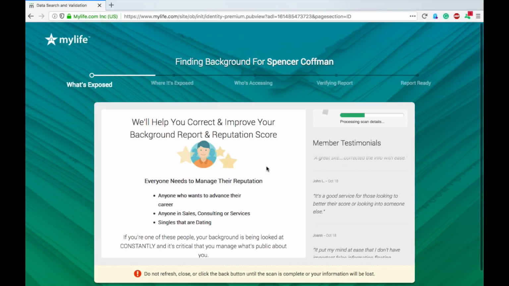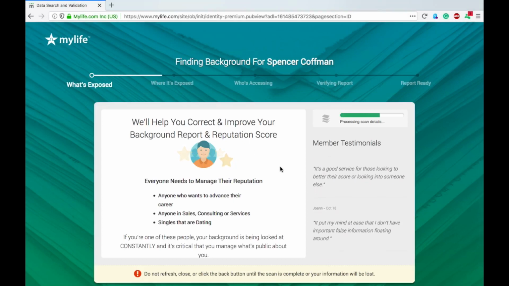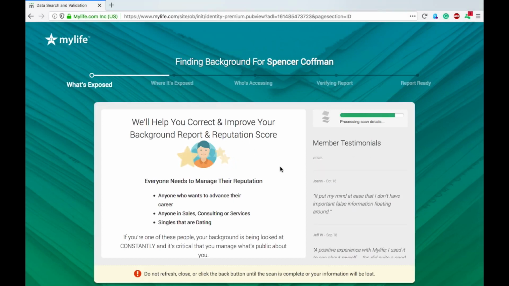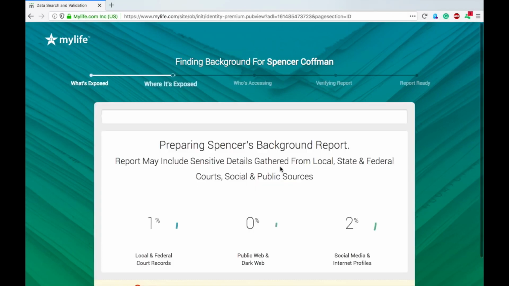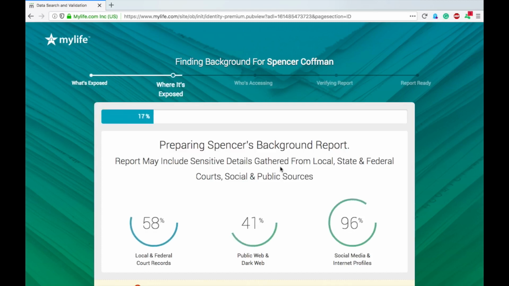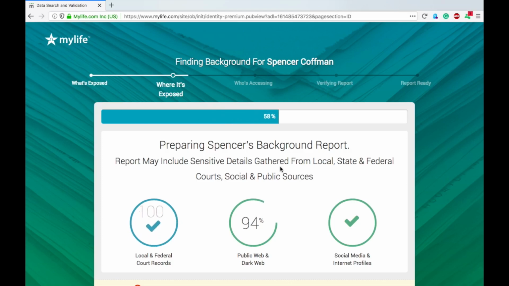Where it's exposed. All right, well, you're probably not going to go through this entire process, but I'm showing you this process because there may be a way to remove this information right here. Otherwise, I do have another way, but it's not foolproof. It's going to take a little bit of work, and we're going to come up with that as soon as this is done loading.